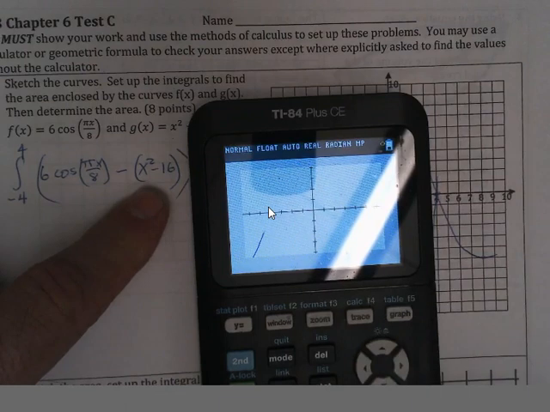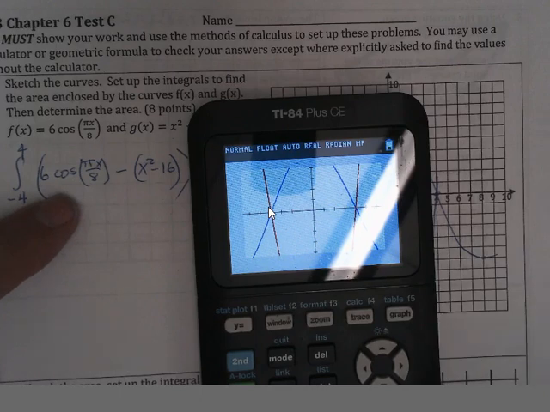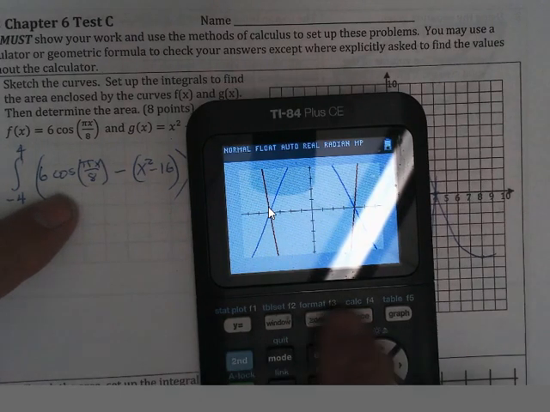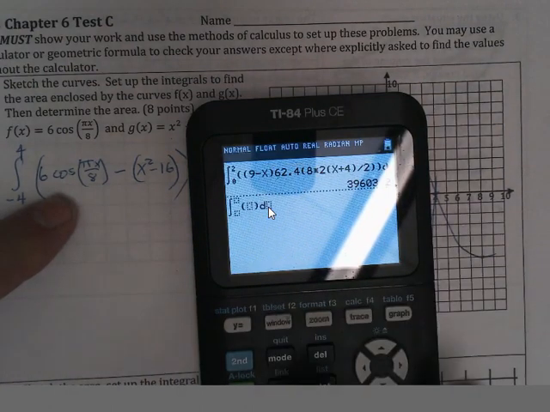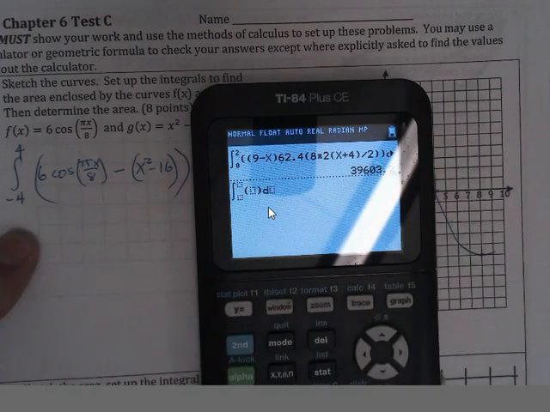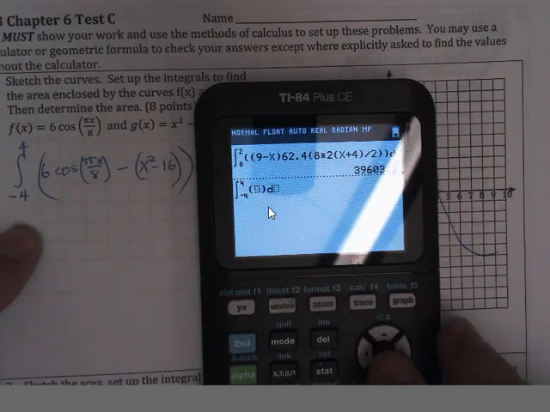Then you could have typed graph, and you would have seen the cosine curve and that parabola, and then you can calculate the difference in these two, or you can go to math and go to 9 and type in from negative 4 to 4, 1 second, of